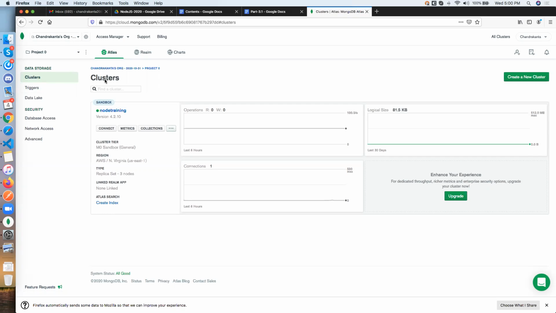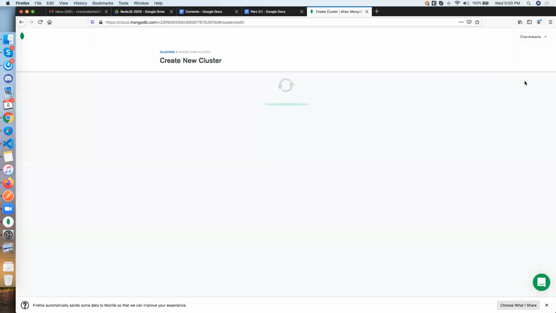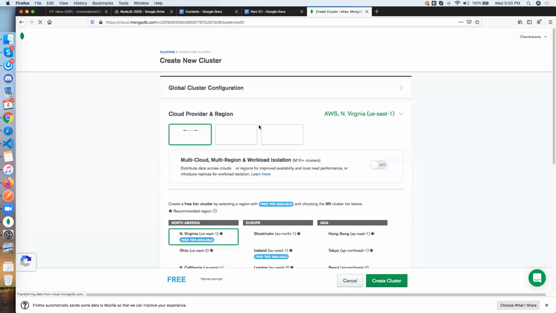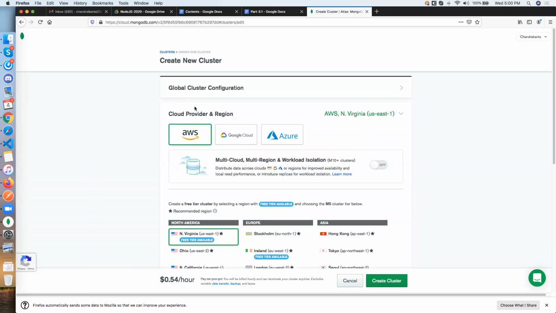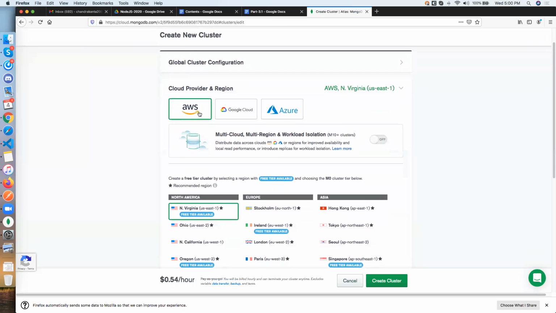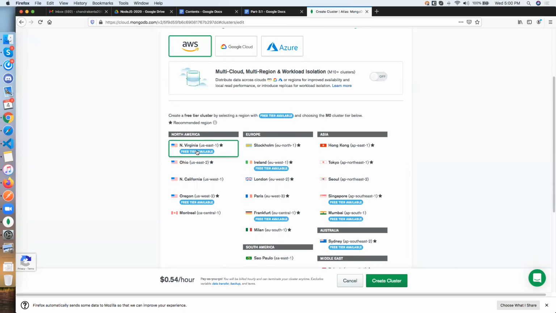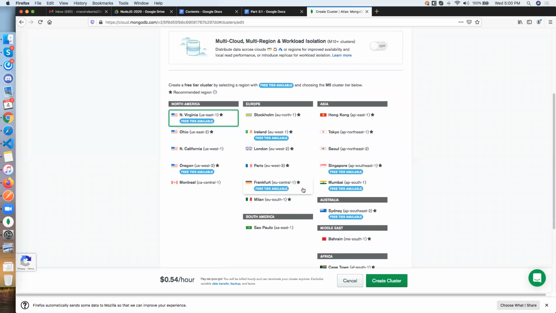You can click on cluster. You cannot see this one because I have already created it. So to create your cluster, you can click over here, right? Then you can select which cloud server it is going to take space from. Especially we are using AWS most of the time, and for which region you want to create, there is North Virginia,